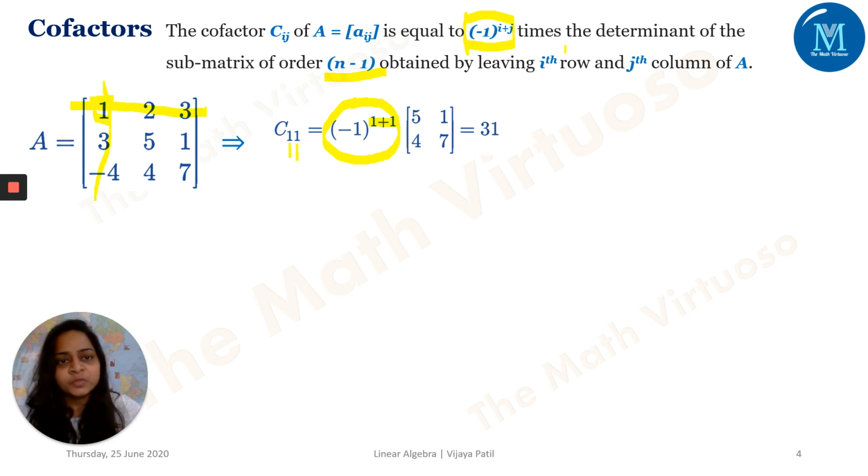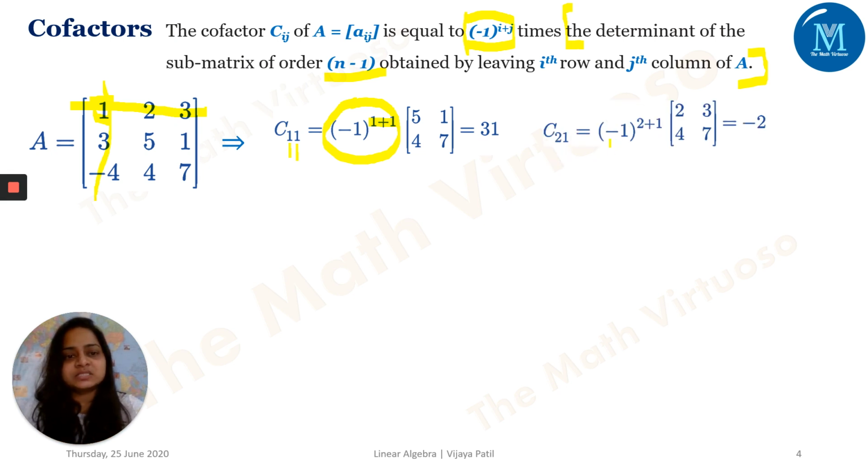If you observe here, whatever part we have written here is nothing but what was defined as a minor in the previous slide. So this is the minor. And what is the extra factor? The extra factor is minus 1 to the power i plus j. So if you understand minors, cofactors are just one more term added to it, that is, minus 1 to the power i plus j.